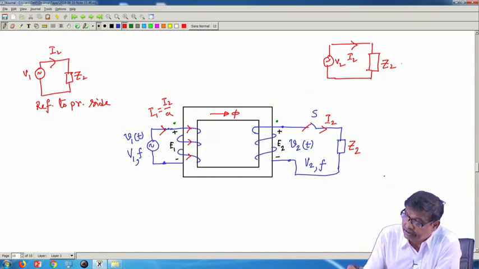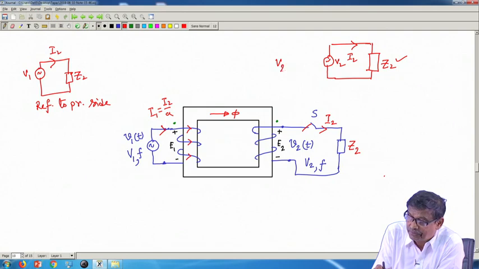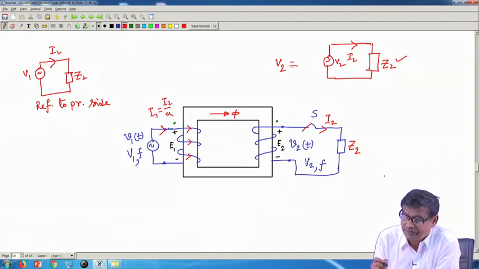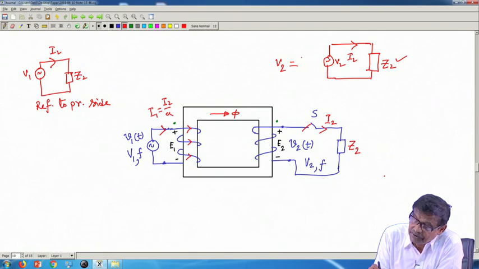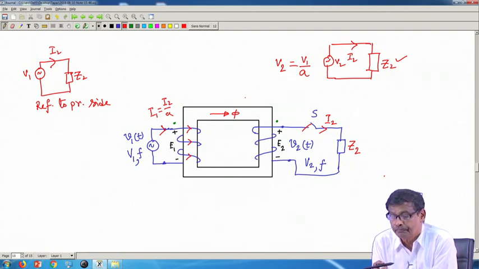Z2 is known, but V2, what is known to me? V1. So V1 by N1 into N2 is your V2, is it not? So V1 by A I will do and get V2, and then I will solve this simple circuit,